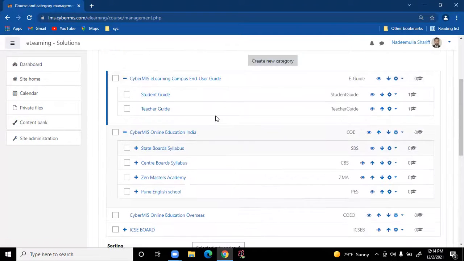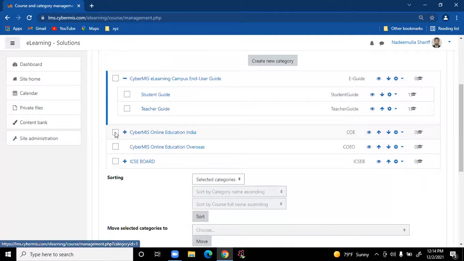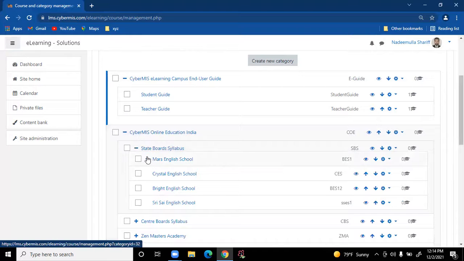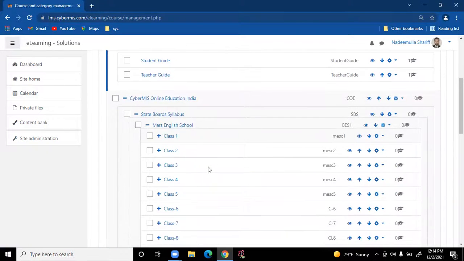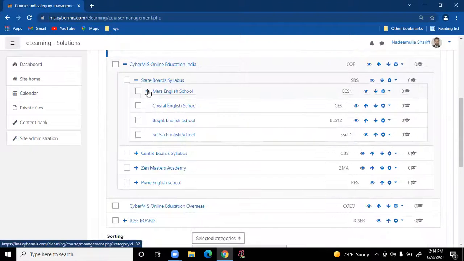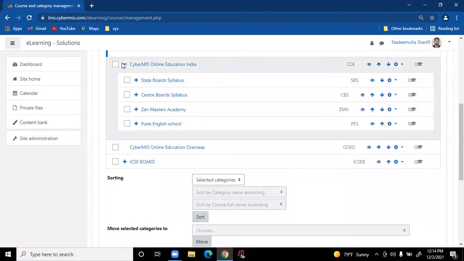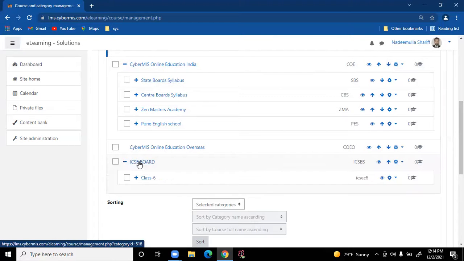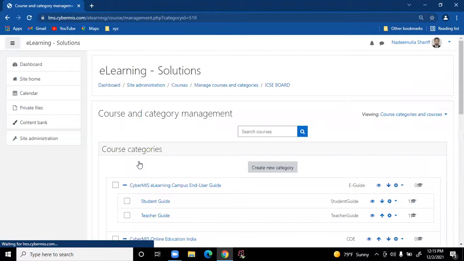So, creating the courses. First thing, we need to create the courses. Where do we need to create the course? As suggested, we need to expand the IGCSE now. Some of them we have already expanded. If you click here on maths, we have already expanded classes 1 to 10. In the same fashion, we want to do it for the IGCSE syllabus also. How can we do that? Just click on this IGCSE syllabus.